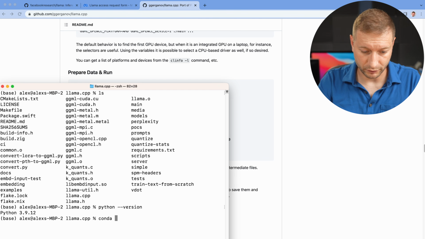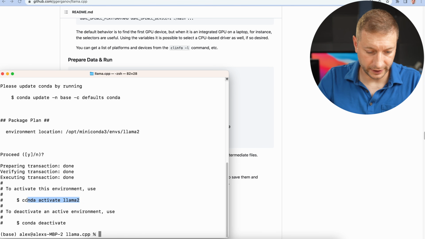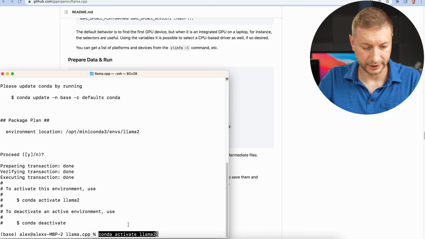But what I like to do is I have a Conda environment, an Anaconda environment set up, and I'll create a brand new environment just for this task. And if you don't know what I'm talking about, I made a video on how to create and manage Conda environments. These are Python environments. These keep your Python projects separate so they don't interfere with each other with different version numbers and all that. I created that video and I'll link to that video down below if you don't know how to do that. So I'm going to do that real quick right now. Conda create, and I'm going to give this environment a name, LLaMA2. I'm going to activate the environment using this command, conda activate LLaMA2.